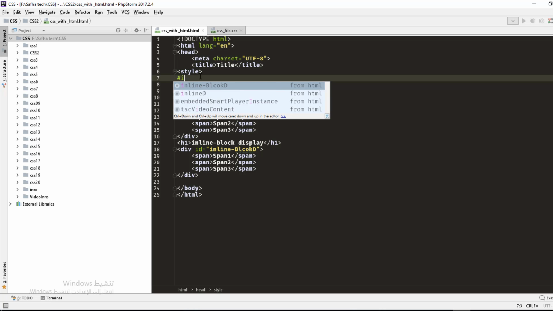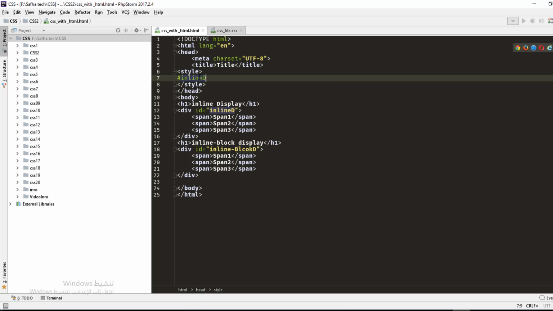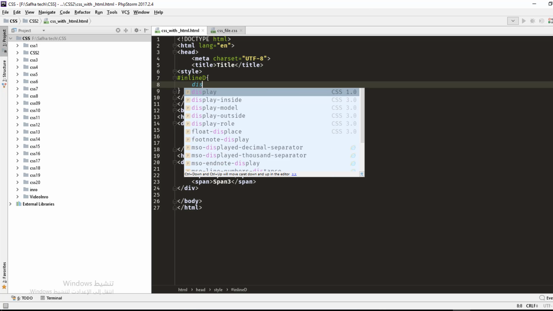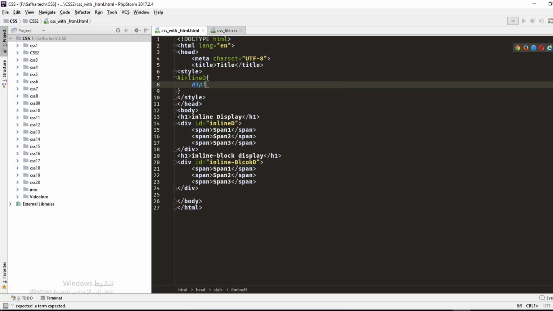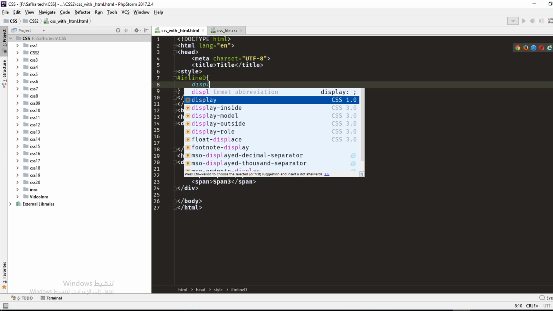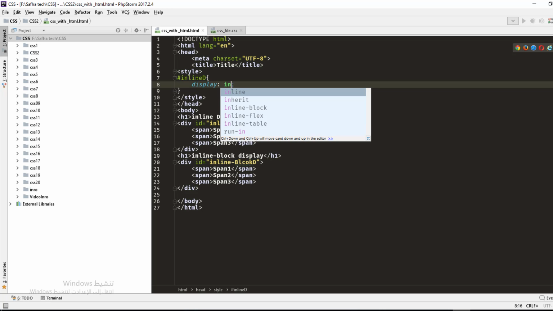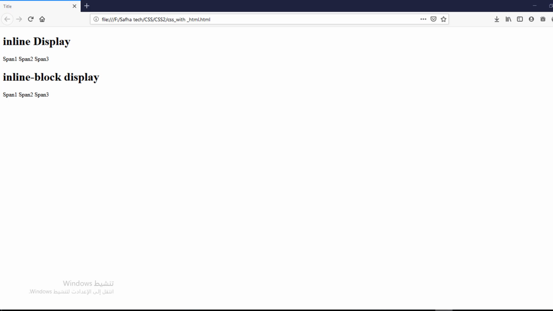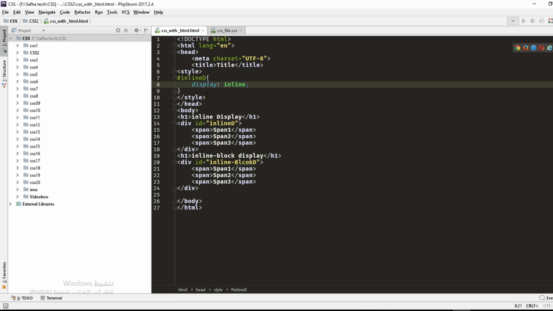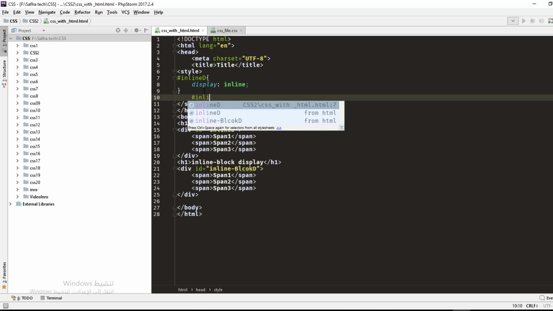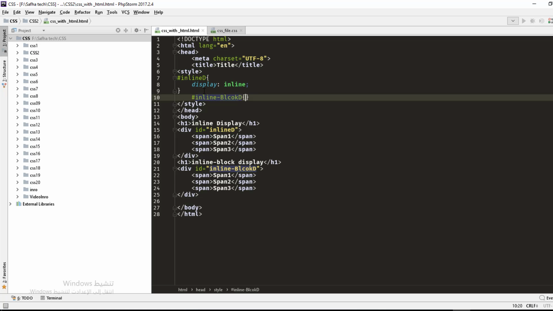So hash inline, and let's write display inline. Great. Save it. There would be no difference. Second element, which would be hash inline block, and display